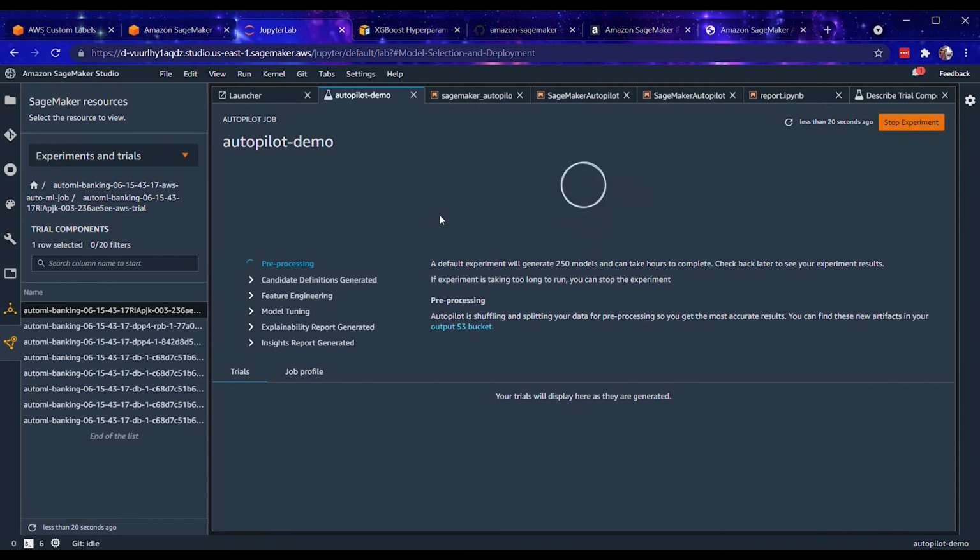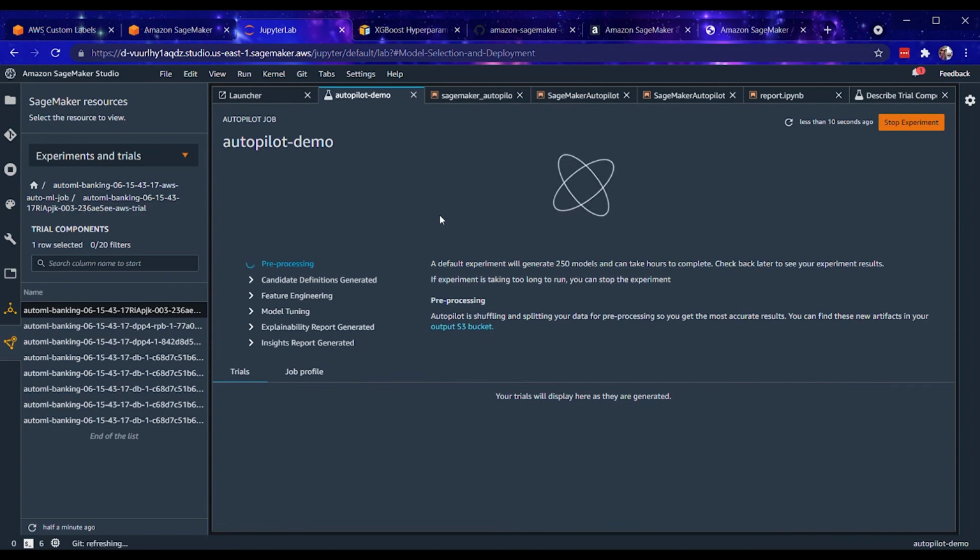So if you want to be able to train a lot of models really fast and explore the decision space surrounding your data very quickly, Autopilot is phenomenal for that. It helps you achieve a scale that, if you were to do this all by hand individually, is not feasible.